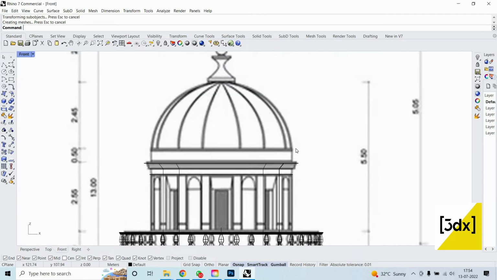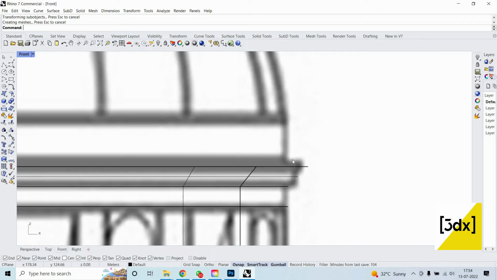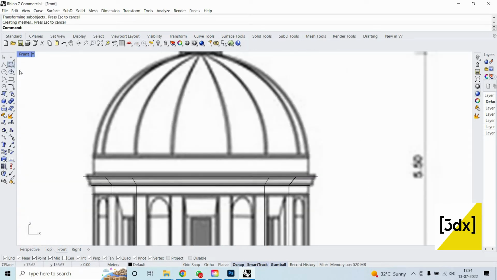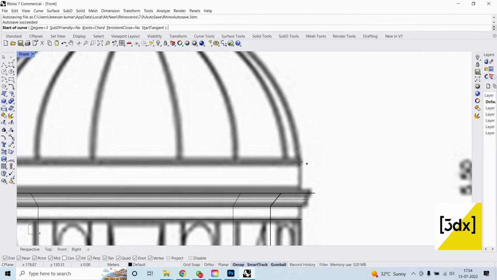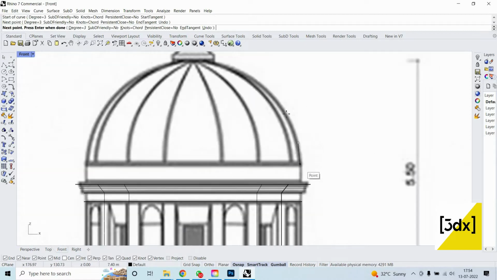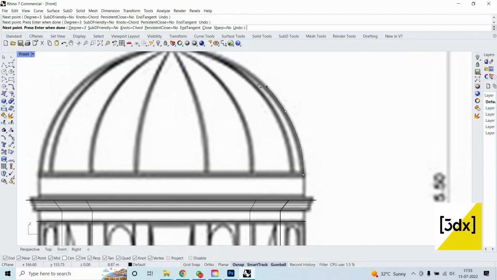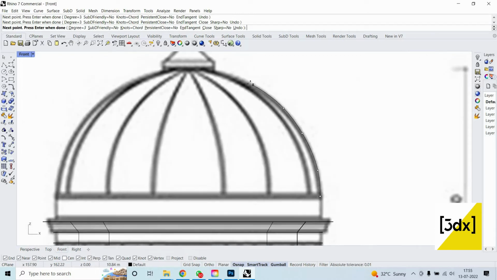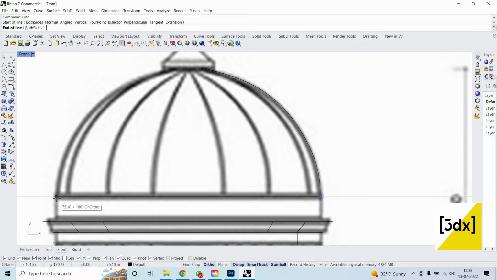Now what I can do is I don't want to follow this step here. I can draw a line. I can use this one from here. So this is one way, or else I can take a circle and draw a line from here to here, and now